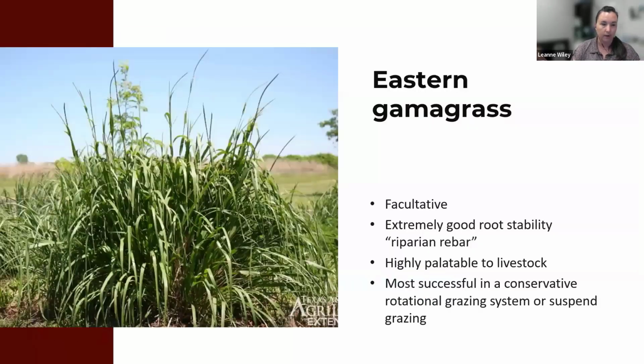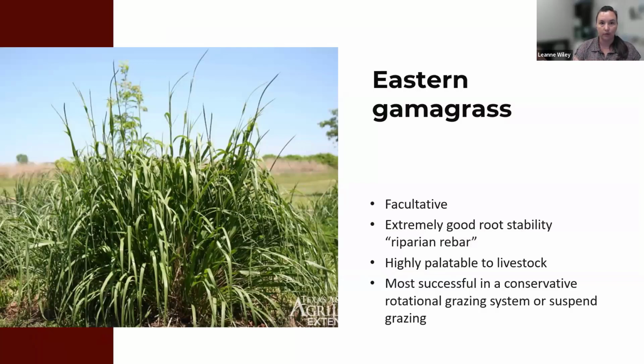And so I was just going to run through a few of those, not all of them, because a lot of them are not something that cattle are going to graze. But Eastern Gamagrass, it's a really great riparian type plant because it's going to have great stability. It's something that you would want to manage to have consistently there because of that stability. But cattle also like it. And so this is where your grazing plan would be.